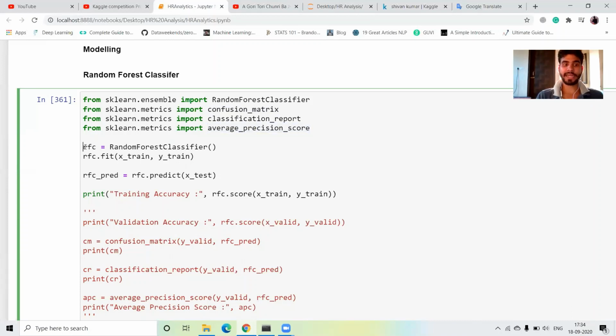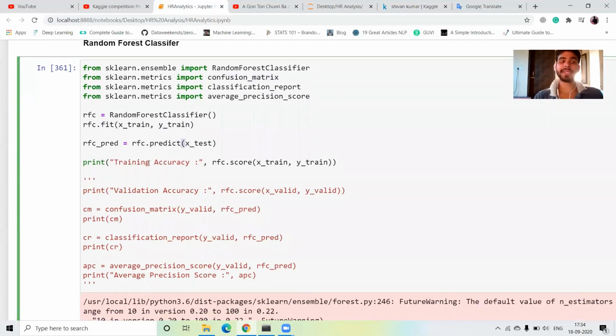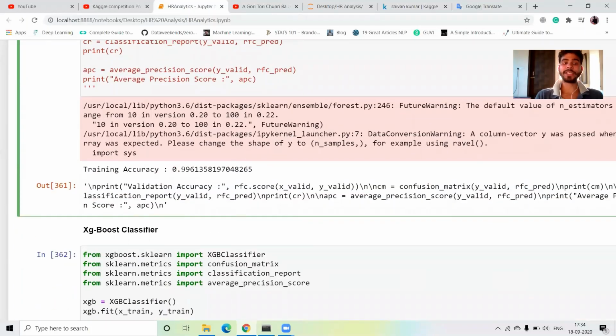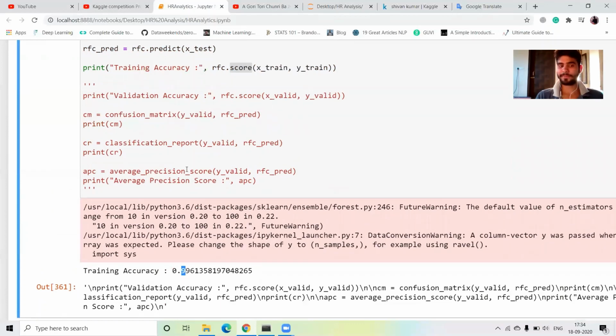Next, I define RFC equal to RandomForestClassifier. I fit our data set X train and Y train, and next RFC.predict on X test. And I print our training accuracy, RFC.score on the X train and Y train data set. When I print this, our accuracy is 99%, guys, using the random forest classifier.